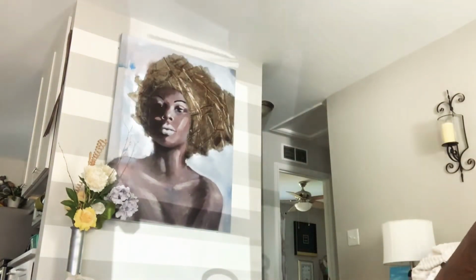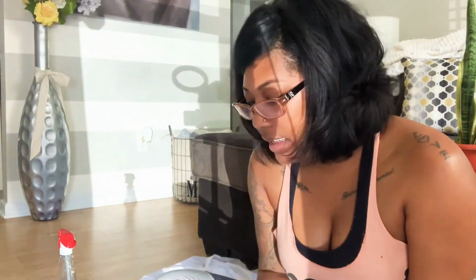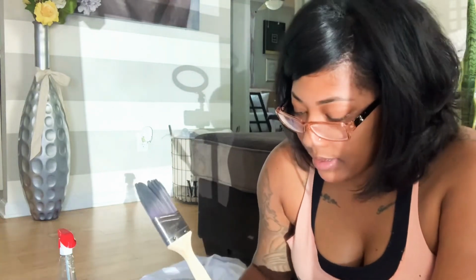Okay, so I just painted it, and that was really quick. I decided to stop with the blue tape because on the inside, I don't know if you guys see me doing that, but